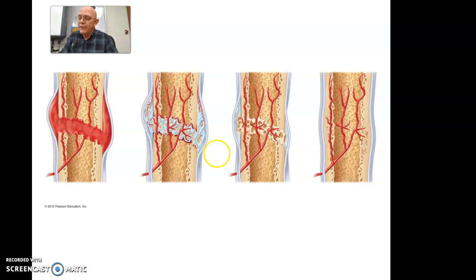So then the next step is you have to make a bony callus as the bony material replaces the cartilage, kind of like it did in your bones originally. All right, and now you get more of a bony callus there. Okay, now at that point you could take your cast off and you're ready to walk on it because it's